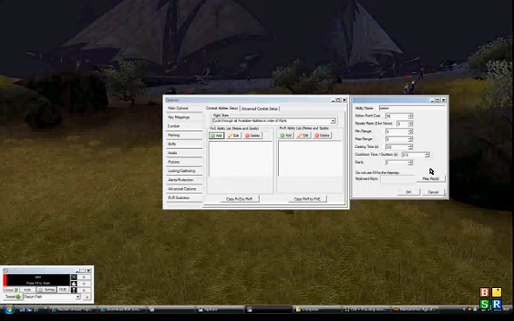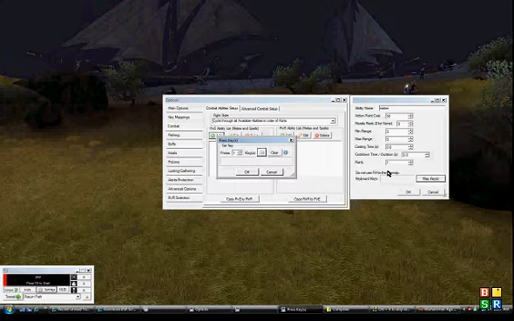We need to set up the key for it though. So we're going to go to map keys here, and we're going to